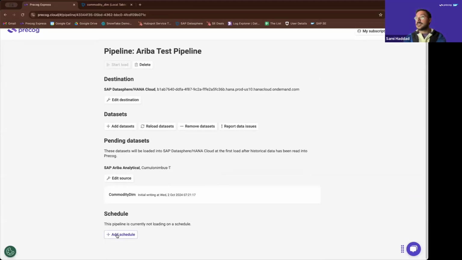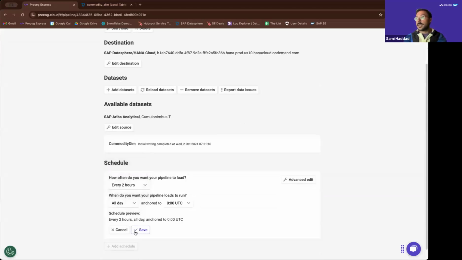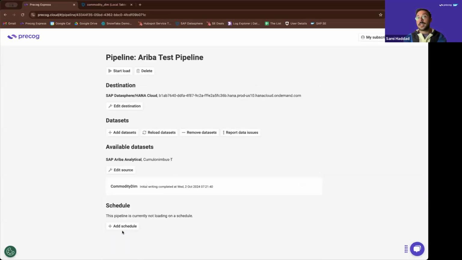Last but certainly not least, you can add a schedule. Precog is able to automate these loads, whether it's going to be once a day overnight or more frequently down to multiple times a day. The only thing that prevents us from loading any faster would be the API itself. So keep in mind the use case when connecting. Last but certainly not least, as Jeff already mentioned, and I'll reiterate here, what Precog is doing in the background is automatically detecting the primary key. It is automatically detecting the offset to ensure that after this historical load has completed, every subsequent load is just fresh data, ensuring that your customer is only pulling the freshest data when that data is required.